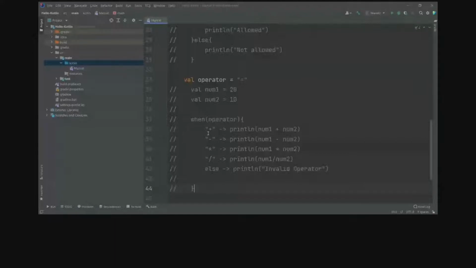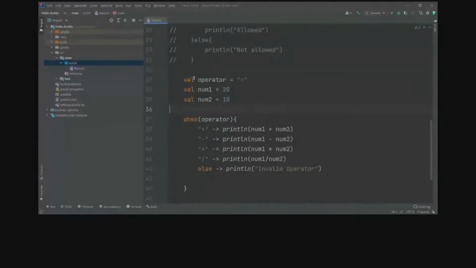Okay. As you can see, there are three variables: operator, num1 and num2, and here's the when statement. The when statement is nothing but Kotlin's way of writing switch case.